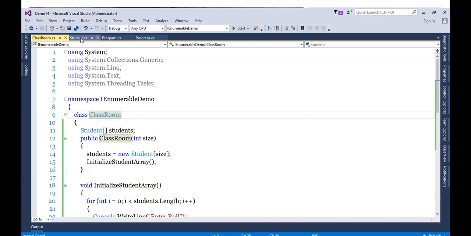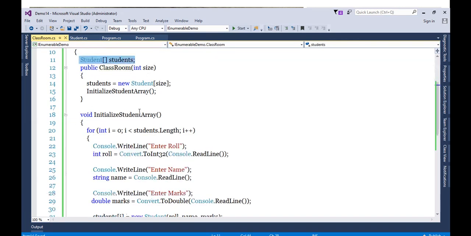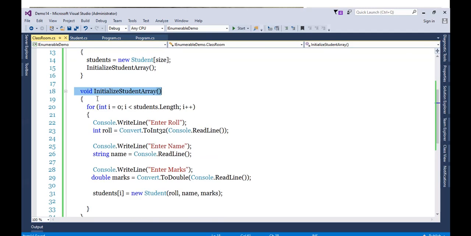So that is what I'm asking. Forget about IEnumerable right now. I got a collection of students. This array is already initialized with its values. So I want to display this collection.